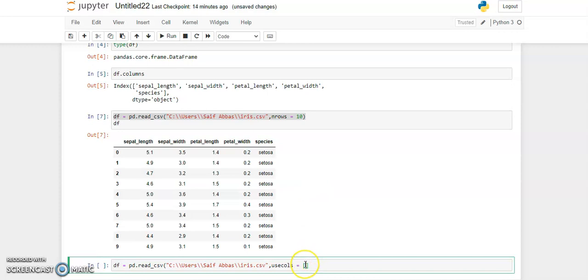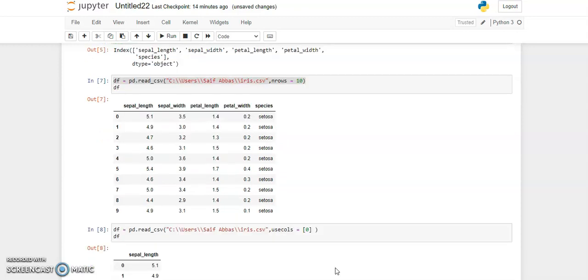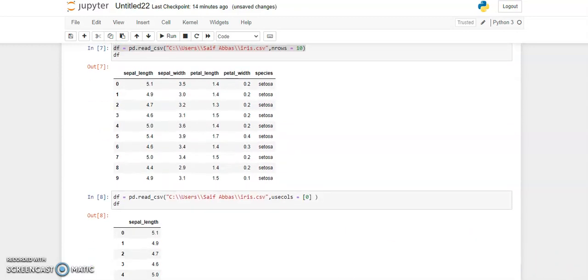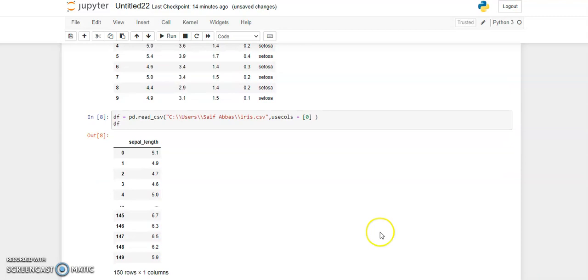So if you want to access only the first column, you pass 0, the 0th index, and simply run this. We write df, and then print. You can see you have accessed the first column, the sepal length, and this is the indexing, 0 to 150.